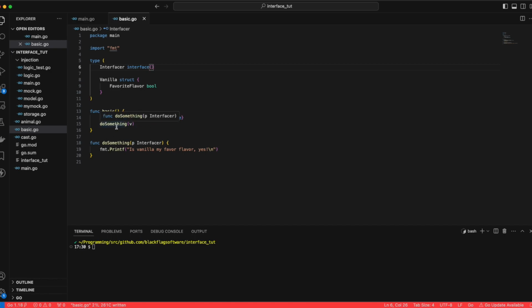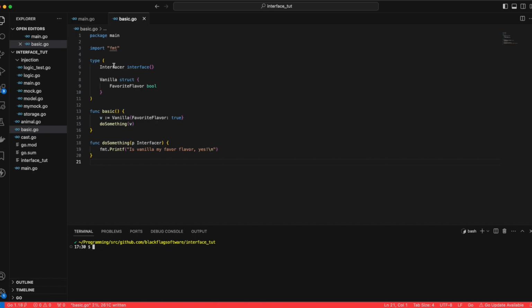What basic is doing is we'll instantiate the vanilla and set its favorite flavor to true, and then pass it into do something. And in place we're going to say, I want that to be of type interface as the receiving argument. In this case, all works out okay because